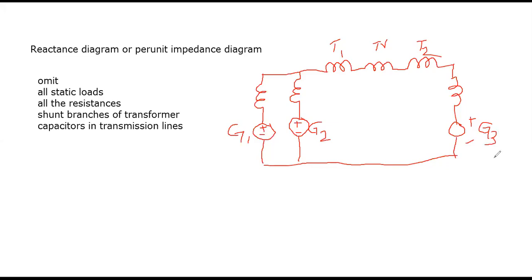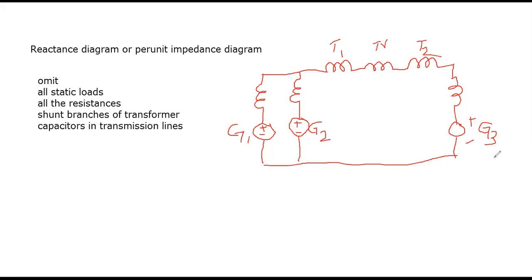Most of the times at least one set of question paper contains this as a long answer question. Explain the following terms. Explain the single line diagram, per unit impedance diagram, and per unit quantities representations. So these are the four important topics you need to learn, and you need to get more knowledge from this particular chapter, right?